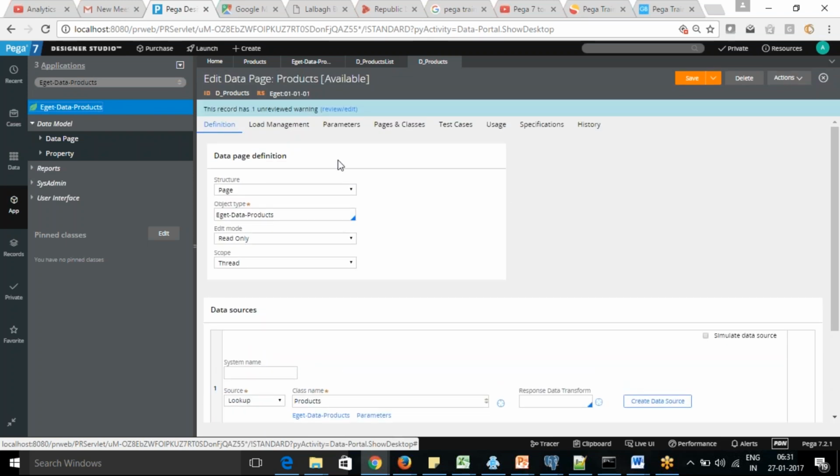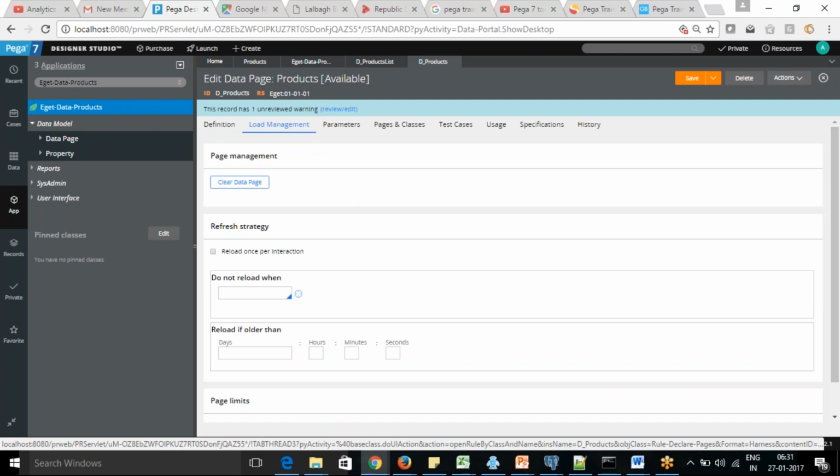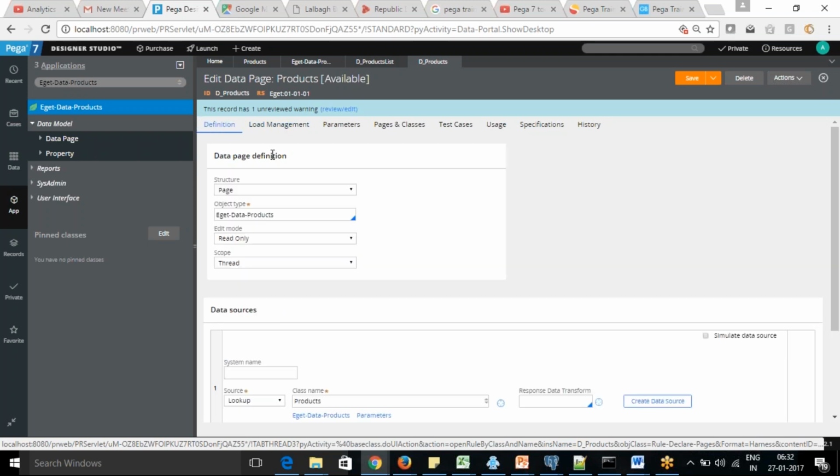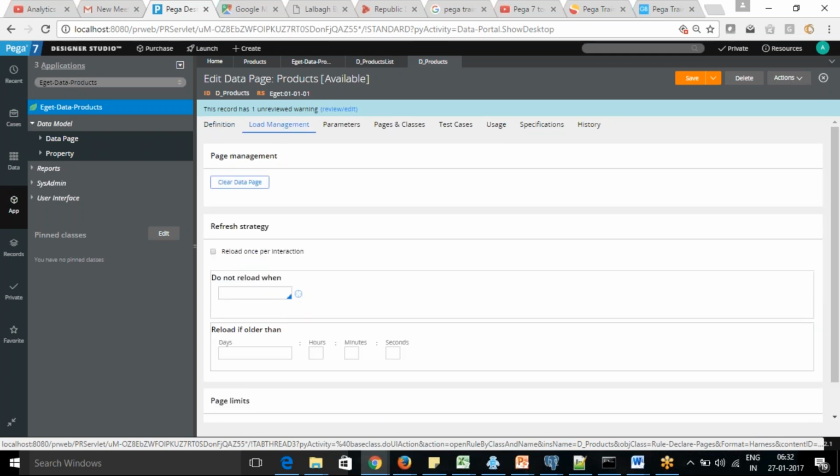The next thing is load management. In the data page, first there are two types, list and single mode. Then it's editable or read only. Then the scope, then the data sources, and finally the load management.